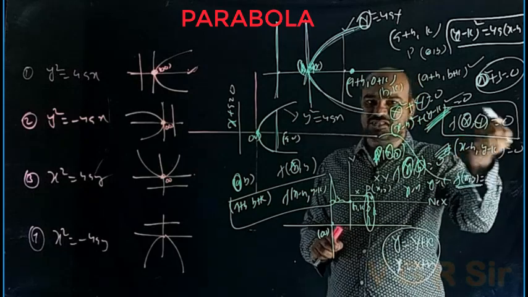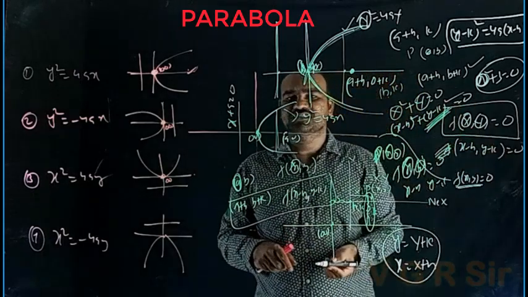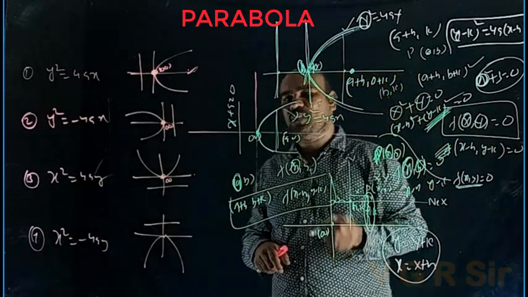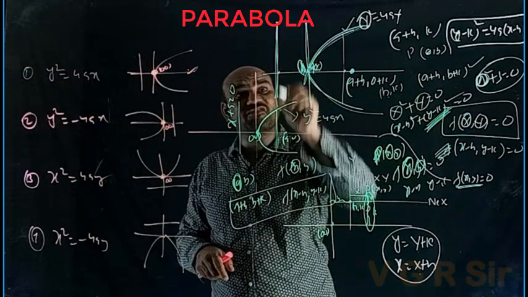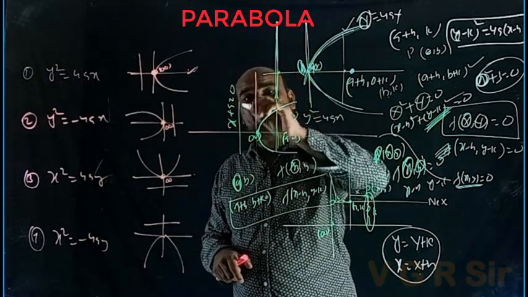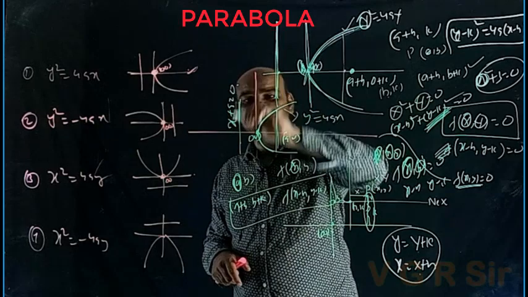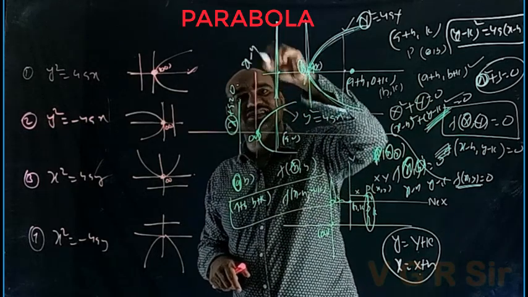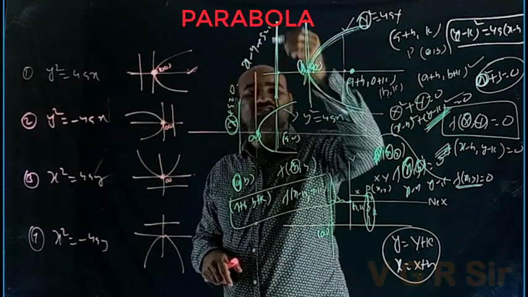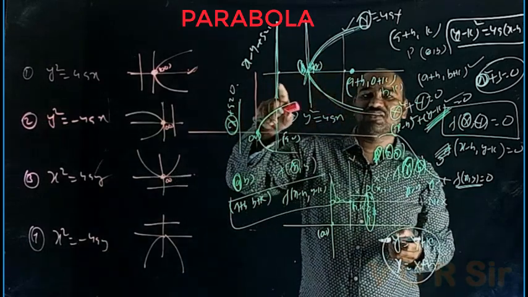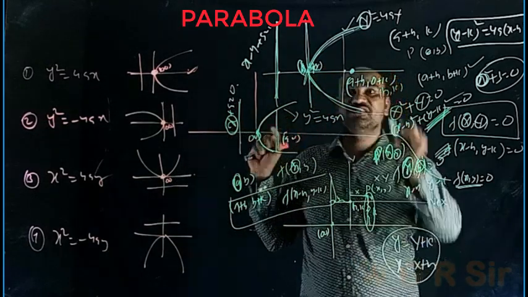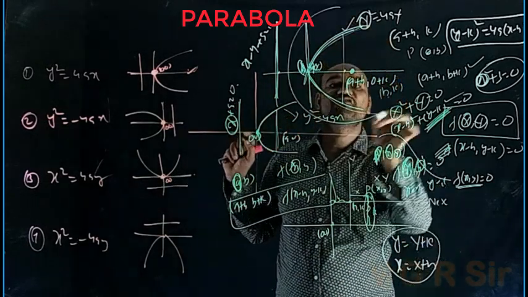Actually you need to write capital X, capital Y, and after that you need to convert into small x and small y. Okay, what is the locus equation of the directrix? The old directrix is x plus a equals 0 only. So instead of x, what should we write now? X minus h plus a equals 0. This is the new equation of the directrix. So this case is called the shifted case.